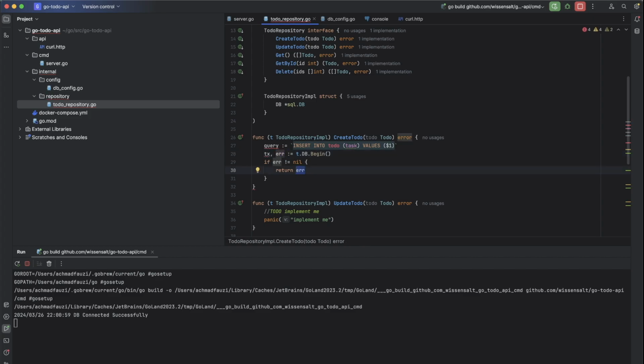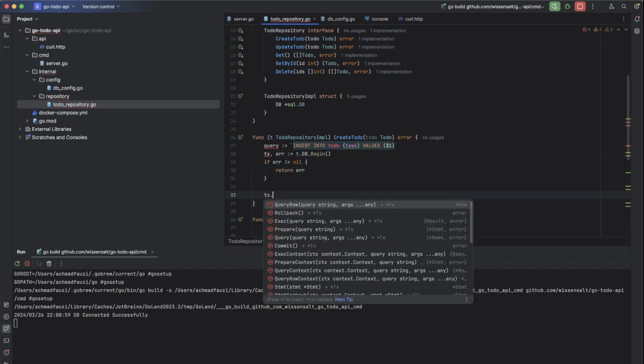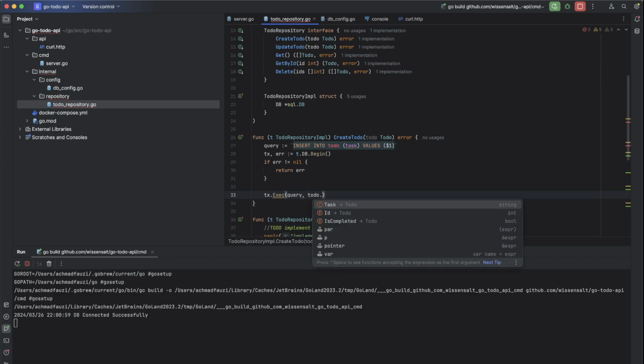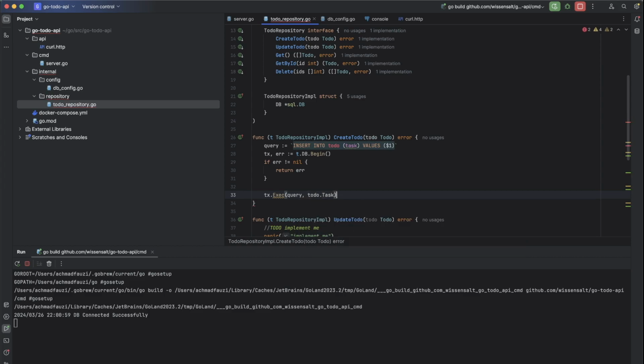We will return error if there is any error, and then transaction will do an execution for the query with parameter todo.task, and then handle its error.